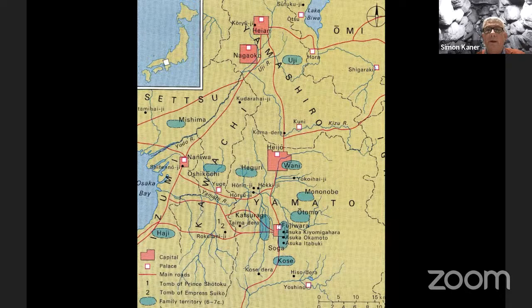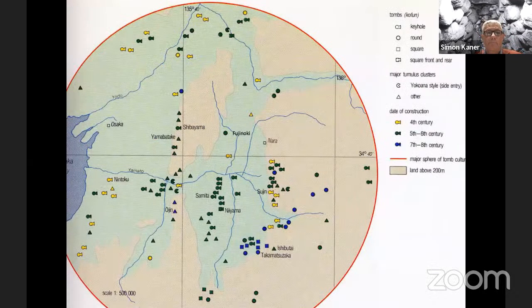That period, the later 19th century, is exactly, of course, when Gowland was in Japan, and that forms the frame for the investigations that he was undertaking while he was there. So, as well as those capitals, this is roughly the same area, showing you clusters of mounded tombs that were built. And I haven't got time to go into these in a tremendous amount of detail, but we're going to come back to several of them in the course of this afternoon's talk.